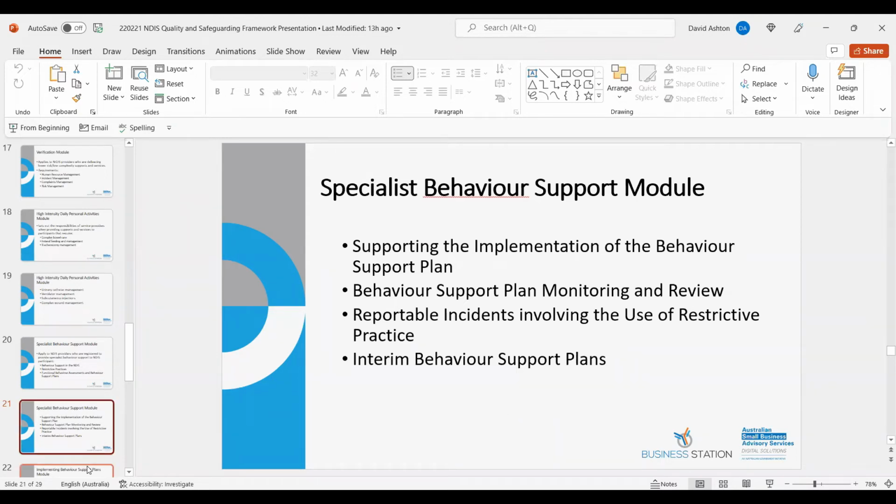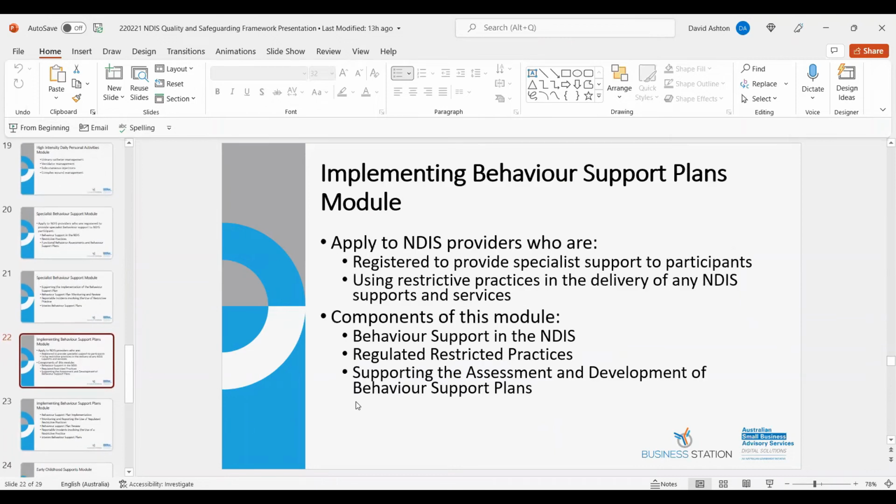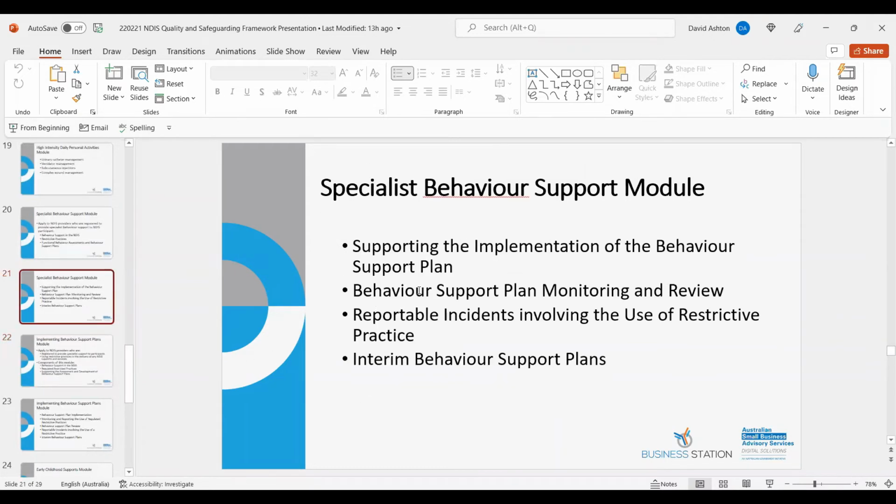And the other area is in relation to behaviour support plan monitoring and review. Sorry, back here, the second dot point down. So once you've established the behaviour support plans, these need to be evaluated through each stage of the client service and modified where required. So yeah, constant review and monitoring of the support plan to make sure it's meeting the objectives outlined, agreed to between yourself and the client.